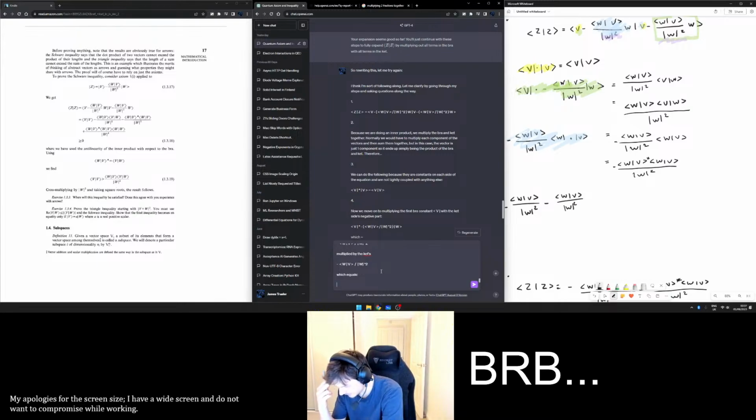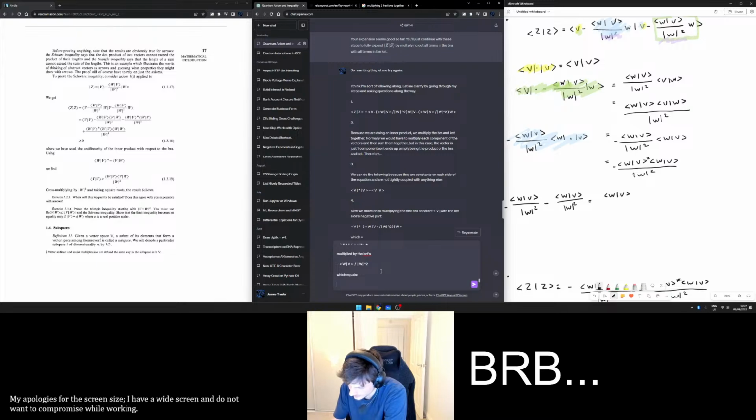Let me just make sure of this. Do I need to bring over that W? No, we don't. But it's negative negative, so it's a plus. So we're going to plus them together, which equals